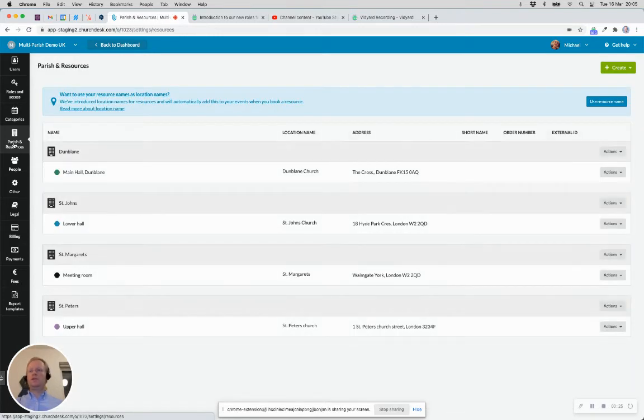And you go to ChurchDesk settings where you have parish and resources. And you can see in this organization, there are already 4 parishes created. And you create a new parish by clicking Parish,